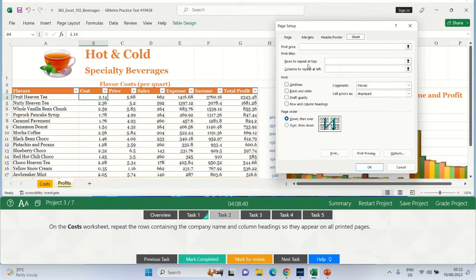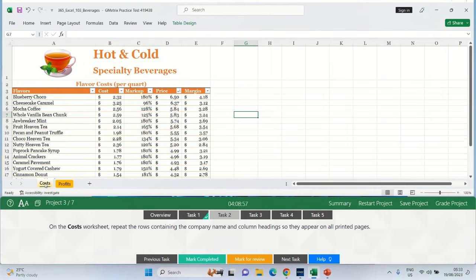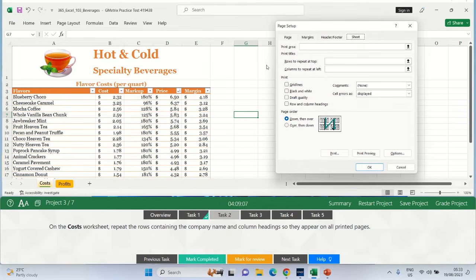Okay, so in rows to repeat at top, you just click inside the box, then you go to the worksheet. That should be done on the course worksheet, so ensure that you're on the right worksheet first. So you click on the course worksheet, then you go back to the page layout tab, then the page setup group. Select print titles. Inside the rows to repeat at top box, you just click,